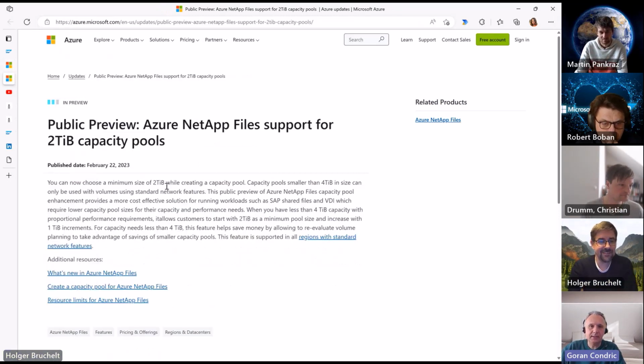Perfect. And another side is that the pool volume size which the customer needs to buy was reduced from 4 terabytes to 2 terabytes. And it's all, again, about reducing the cost. I think this is particularly of interest if the customer would use NetApp for those non-DB things like SAP MNT or SAP Trans. Generally, those file shares are not so big, and they need to buy